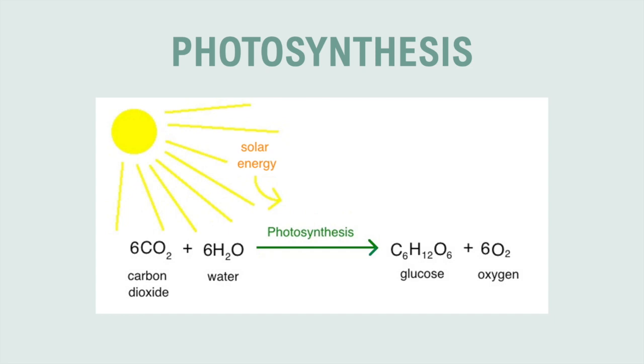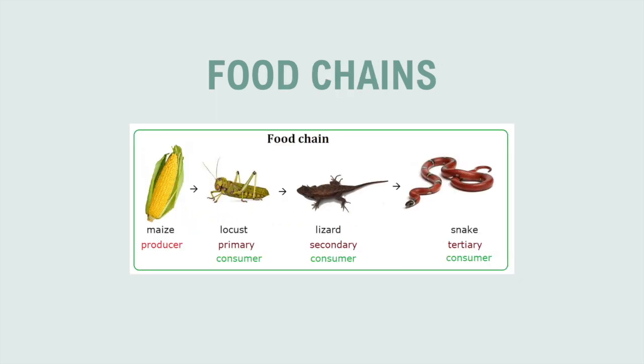So photosynthesis is very important for ecology and for biology because it is the process where products low in energy, which are carbon dioxide and water, are converted into a product high in energy that animals can use and other organisms can use. In the last video, I've explained that plants are always producers because they can photosynthesize, so they can make this energy-rich molecule, and then that energy-rich molecule can be used by other organisms to get their energy from. But